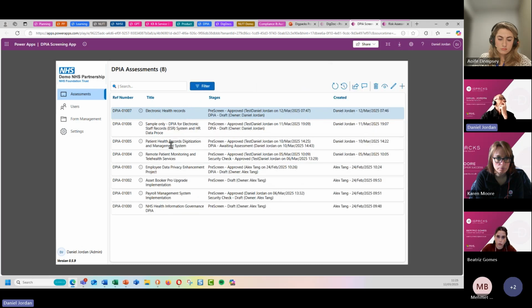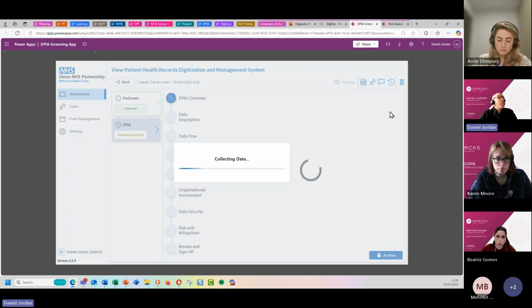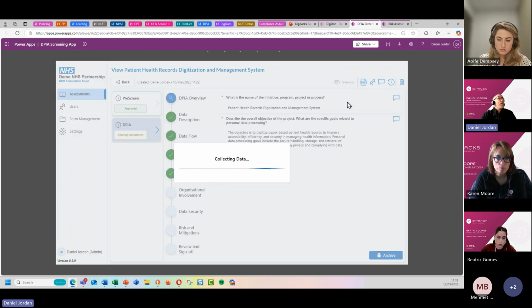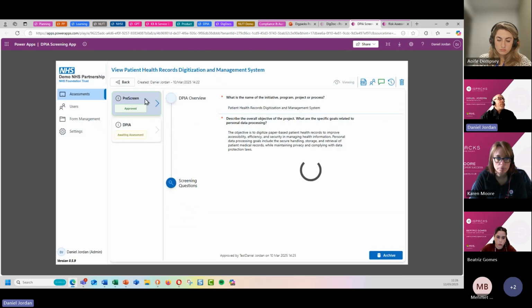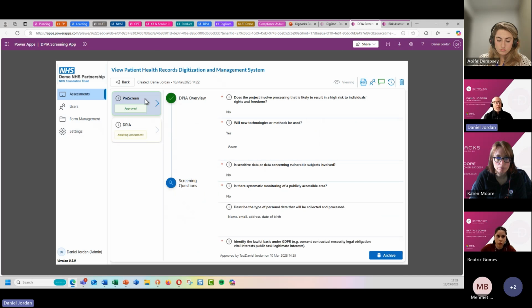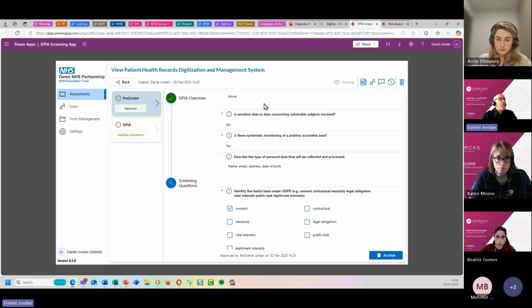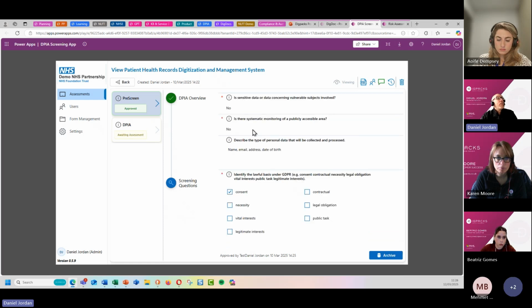So if I want to actually go into a record to review it, just to see what has been done, I can select the record itself, go to the View Assessments option, and we can see that we've broken this down into stages, and these are in your configuration control, as I'll briefly introduce shortly. But within each stage, I can see the sections, so I'm perfectly at liberty to review what has been recorded within the app,